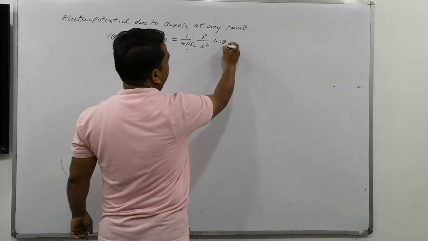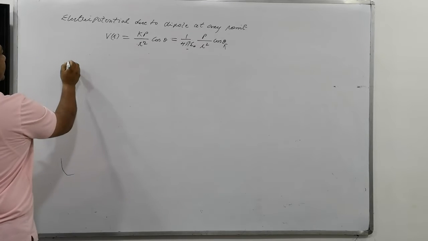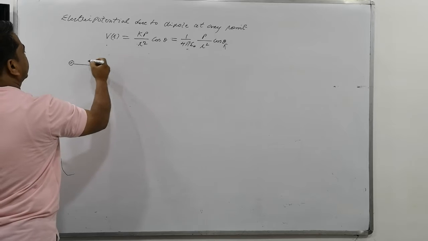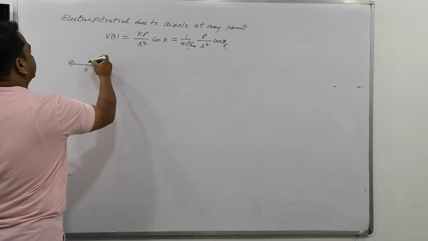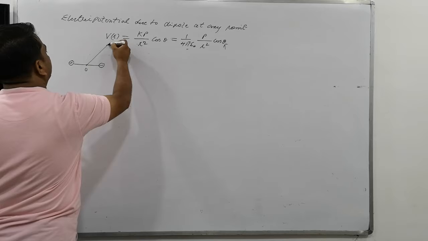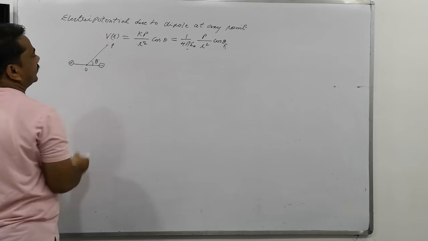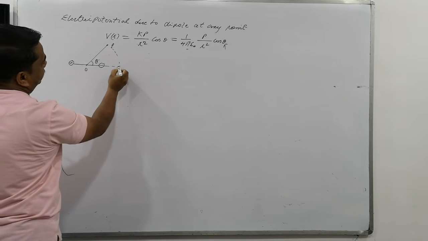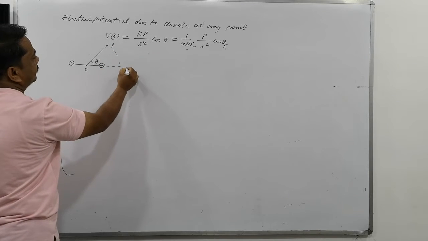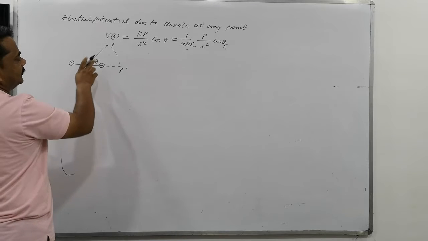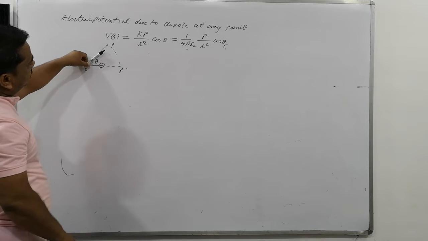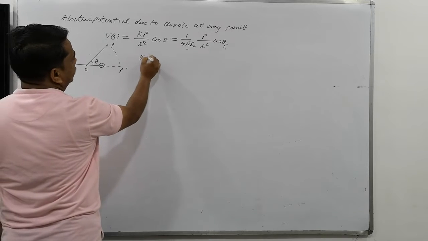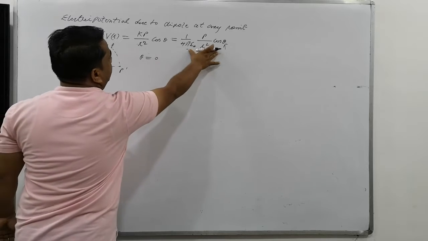Okay. So this theta, you may see here, there is a dipole. The dipole system is here, and the point can be any point. This is its origin. The position vector of point P with respect to O is making angle theta. If this point P lies on the axial position, is that clear? If the point lies here, at P dash, then this position vector will make what angle? This 0 angle. So for this purpose, we can put 0 in the place of theta.